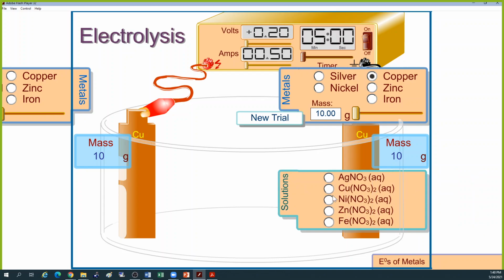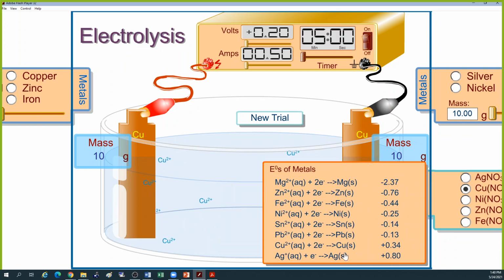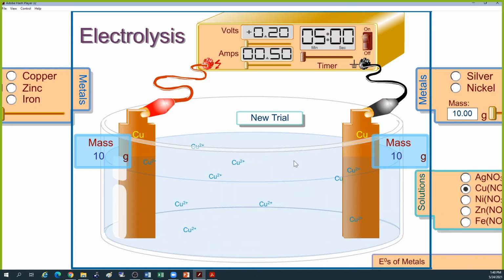And let's put this in a copper nitrate solution. So what I want you to look at here is that we have copper. And clearly right now the potential would really be essentially zero because there's no difference. It's the same reduction potential for copper and for copper, right? So what I want to show you is what happens over time if we put some voltage into the system,